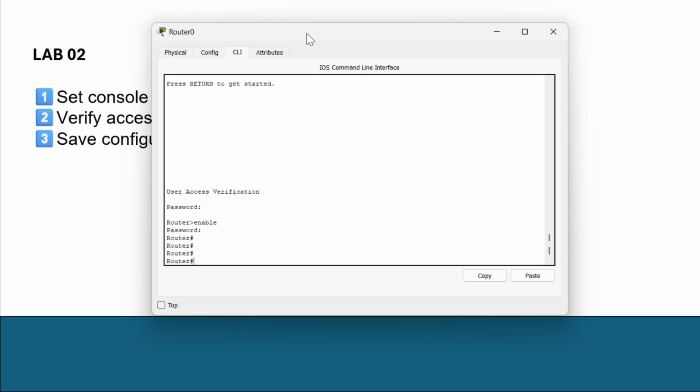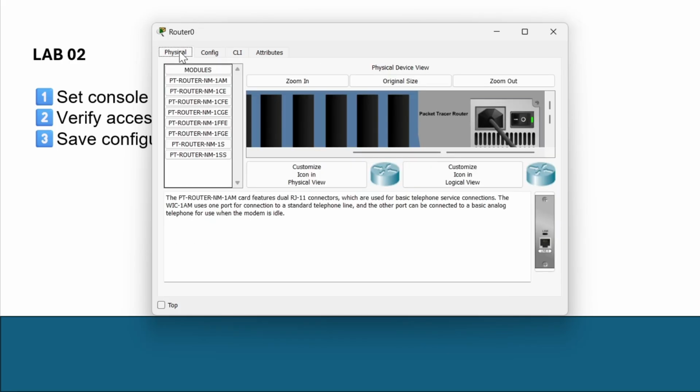Running configuration vanishes after the device is shut down or rebooted, but the startup configuration is there even after the reboot. Okay, so I'm going to show you how it is going to vanish, clear our passwords. Right now it is asking for a password. What I'll do is, if you're using Packet Tracer, you will see that